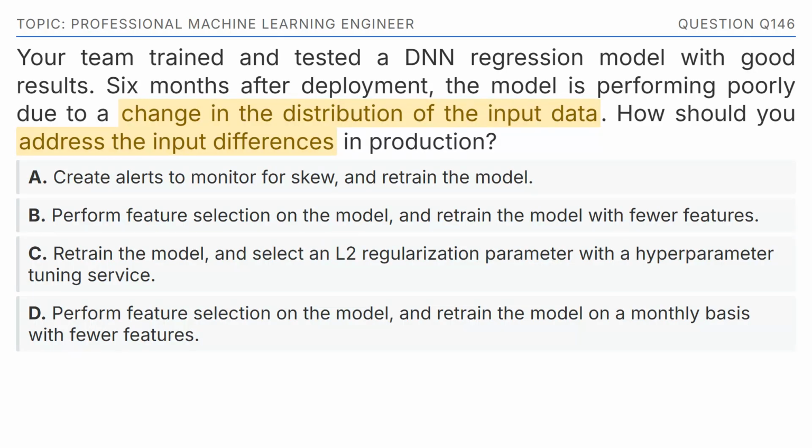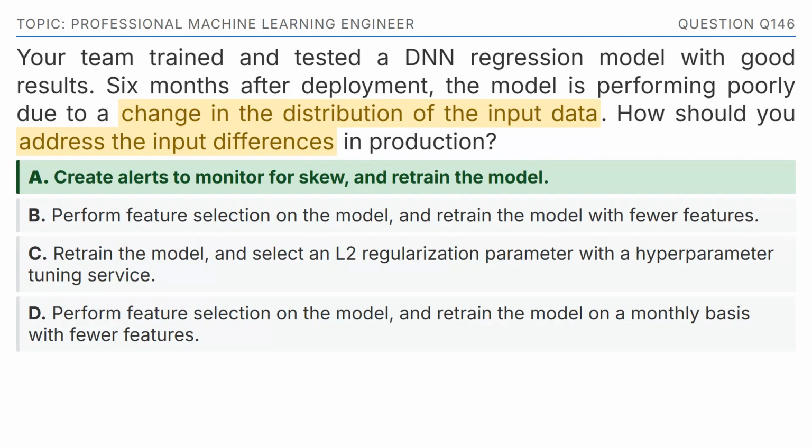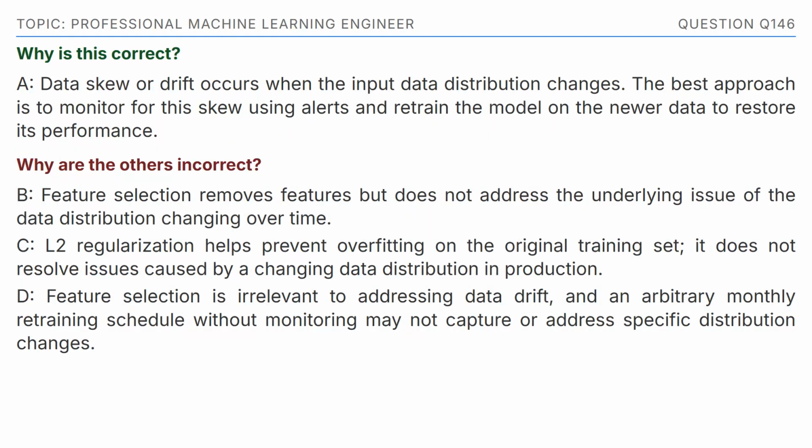To arrive at the correct answer, we focus on the keywords, change in the distribution of the input data, address the input differences. The correct answer is option A, create alerts to monitor for skew, and retrain the model. Why is this correct? A. Data skew or drift occurs when the input data distribution changes. The best approach is to monitor for this skew using alerts and retrain the model on the newer data to